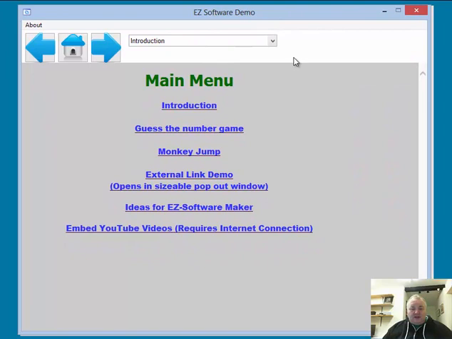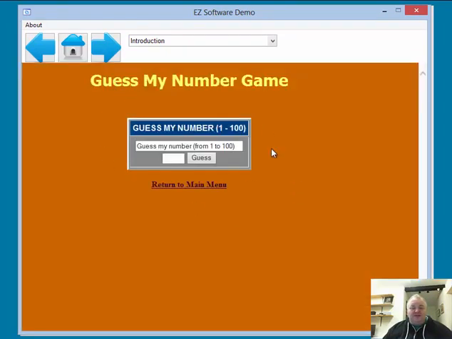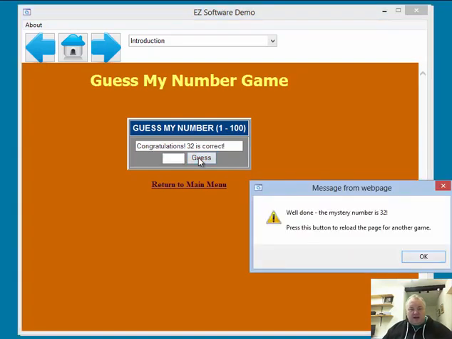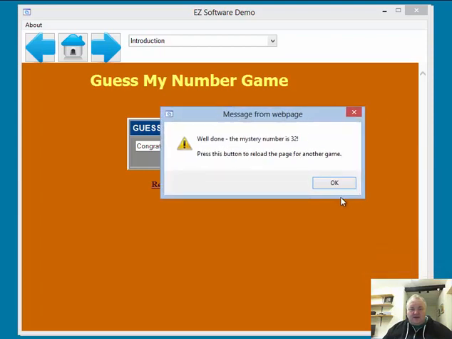And just for demonstration, I've put in a little JavaScript game, a free JavaScript game I found on the internet, and I've literally dropped the code into one of the pages, and it's a guess my number game. Not really the best game in the world, but nonetheless a demonstration that you can pretty much put anything you like. There we go, we've got the number.